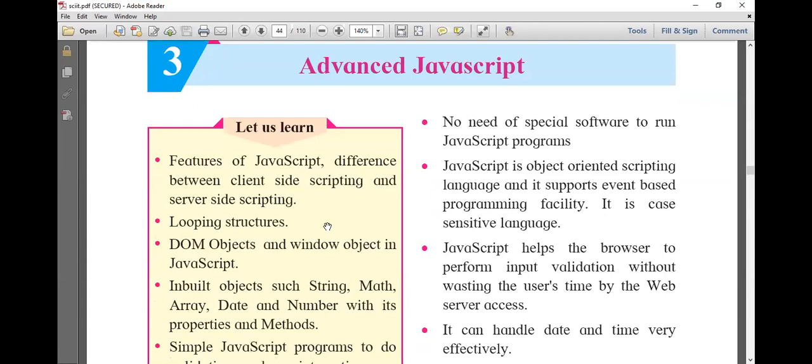Second feature, in short. Ratan is saying no need of special software. Siddhi is saying no need of special software.